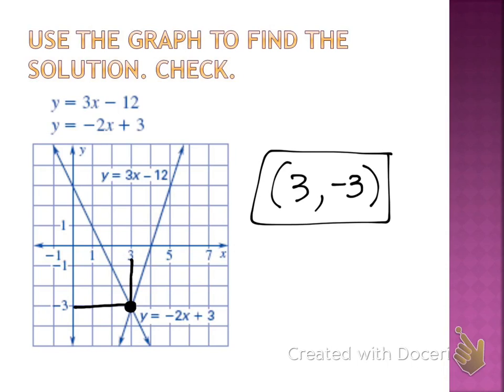Now you say, do we need to plug it in and check? Yeah, let's go ahead and do that. It will not be required of you on the test and quiz. I'm just going to do it so you can know how to check if you want to. But it's not going to be required. Okay, so I'm going to plug in